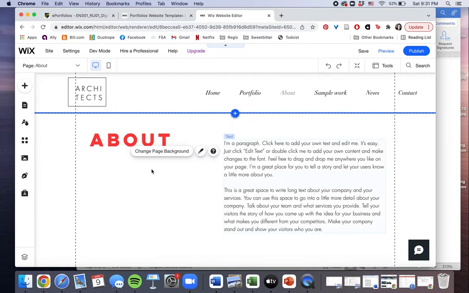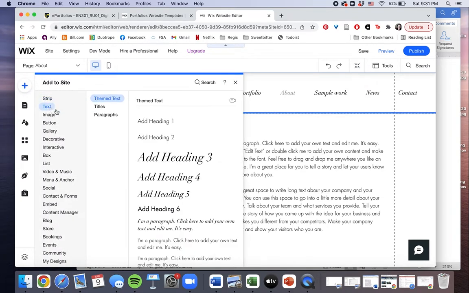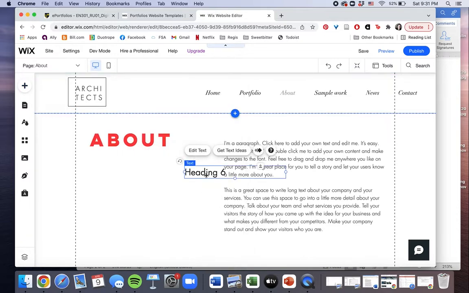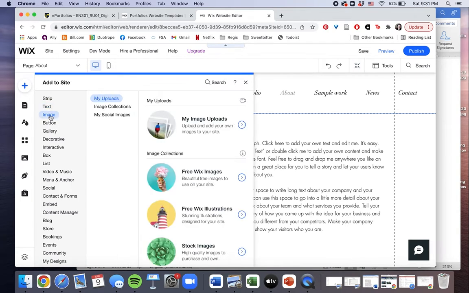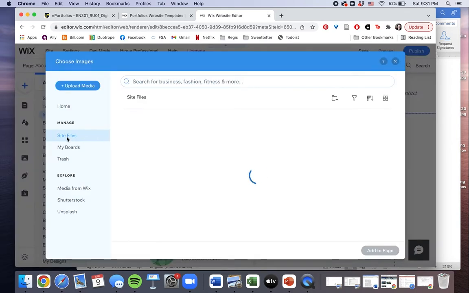If you want to add things to your page, you'll use this button on the left that says Add. And here, if I click that, it shows me all the things I can add. I can add text boxes. And if you click it, it just automatically populates in the page. I can add images, and these might be images from your own computer, right? It'll just take you into your